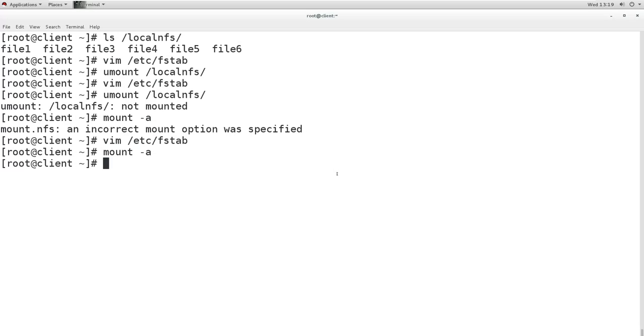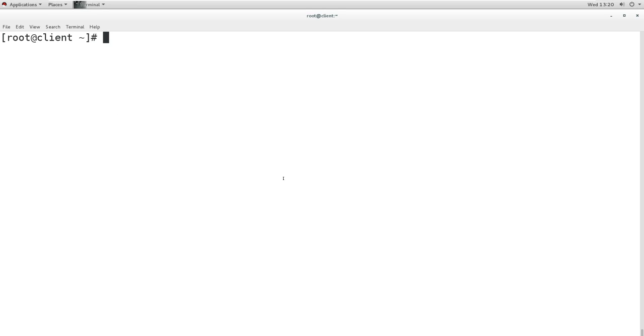So making it permanent like this in the fstab file can be a problem, because your server must be running every time you reboot this client. If the server is not running, it will give you an error, but it will take lots of time to boot, because it will try to connect to the server and keep sending the request until it gets the response. And when it does not get the response, it will say timeout, and then your machine will start. So this is one of the problems, and for that we can use the AutoFS option.